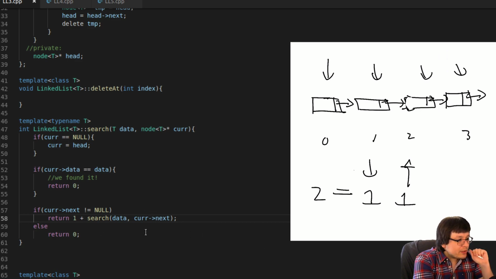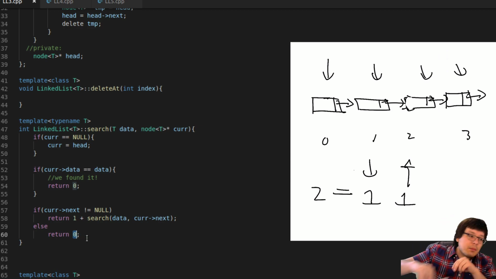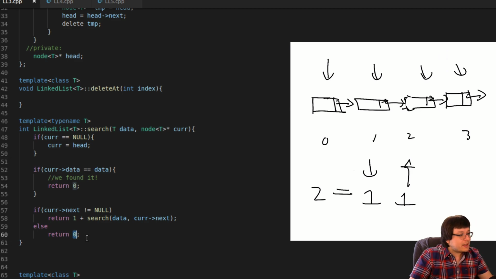Now, suppose that we run out of nodes, which means that cur next is equal to null. This return 0 is the one we have to modify, because it's the only time this is going to get called is when something is not found. Ideally I was thinking we could return -1, but that's not going to work because it would just return 1 minus the last index. So as a nasty hack, the only thing I can think of is to make it return a really, really big negative number that is always smaller than the size of the list, so we still get a negative number out of this. That's the only way I can think of fixing this without having a different function that measures the length of the linked list. So we'll go with that.